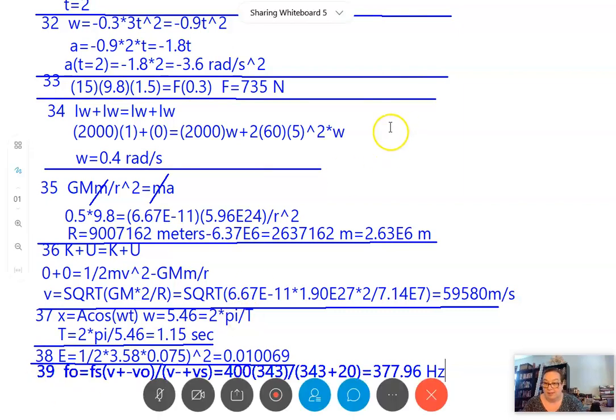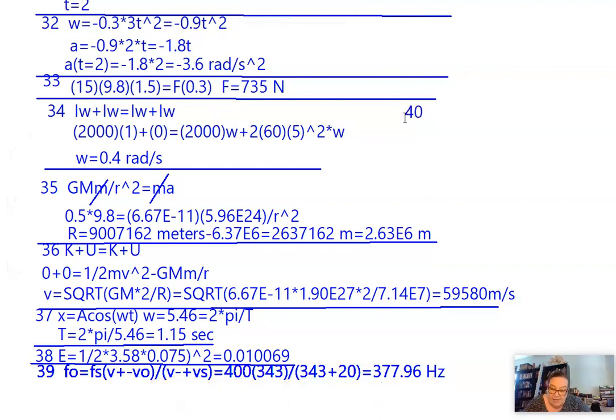All right, and that leaves us just one more. I think I'm going to pop it up here, so we'll put 40 over here where we have a little more space to work. A 10-year exposure to the sound of a riveting machine will cause your threshold of hearing to shift from 0 to 30. What is the sound intensity corresponding to 30 decibels? So they've given us the decibels, the beta, and they want us to find the intensity I. And we said there's only one equation in this whole semester that deals